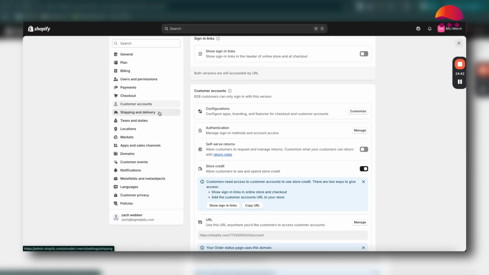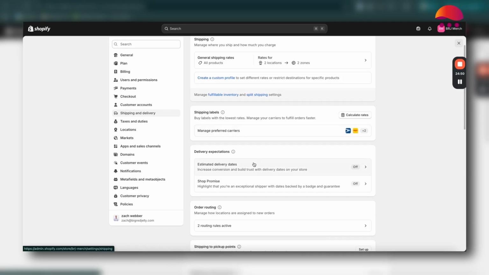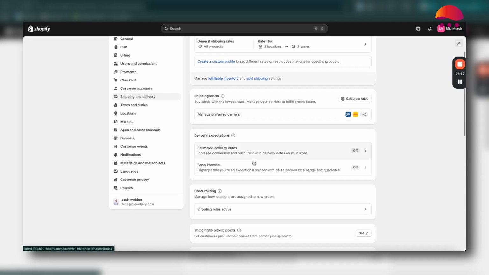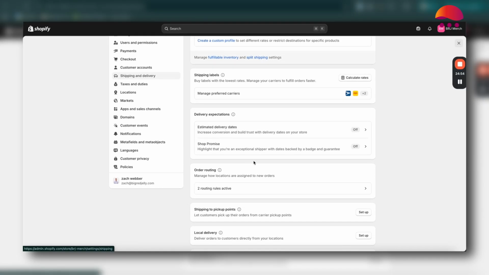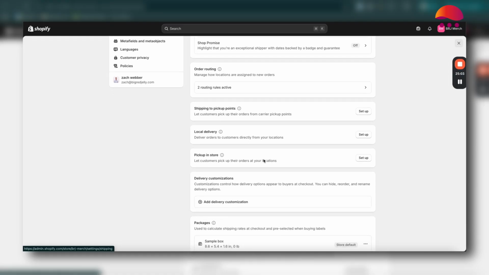Now, shipping and delivery is going to be one of your biggest ones, and making sure that your shipping carriers are set up. So your preferred carriers here, setting up estimated delivery dates based on when you package your item and when you drop it off with your carrier or when your carrier picks it up, your order routing, any local delivery or locations you have where customers can come in and pick things up,